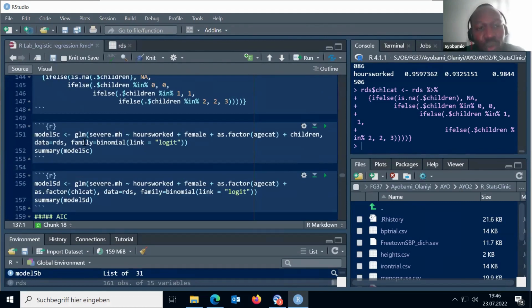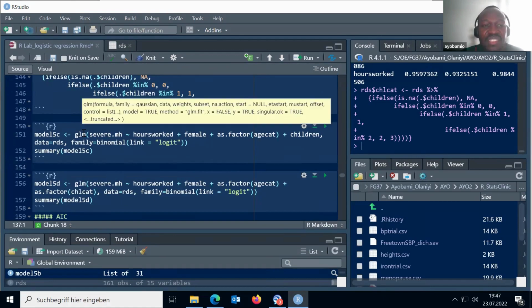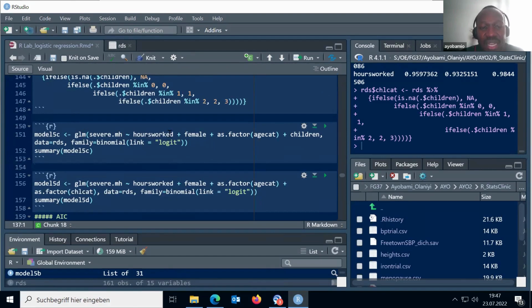Then we now want to create a model that will factor in these categories. So we are creating another form of the model, testing whether the differences in number of children in categories actually impact the result we've seen before. You could see, to specify the GLM, the function you want is a generalized linear model. What is our outcome? Severe mental health. Then what are our predictors? Hours work that we put before, gender, which is female, age category that